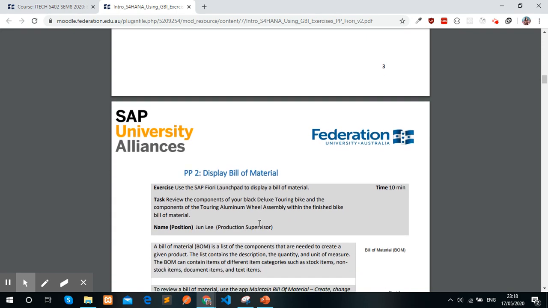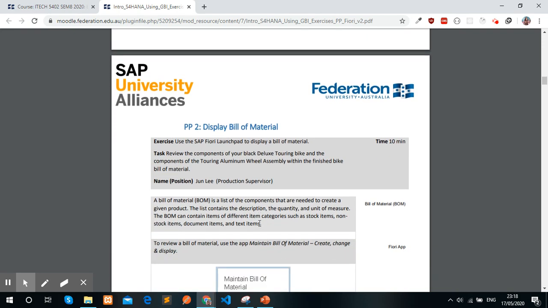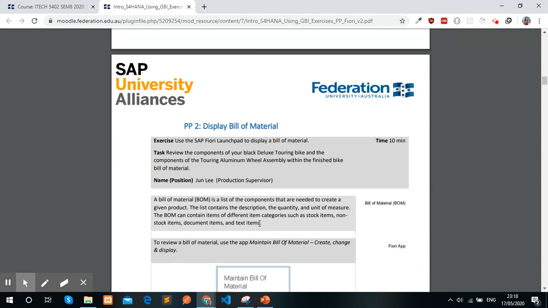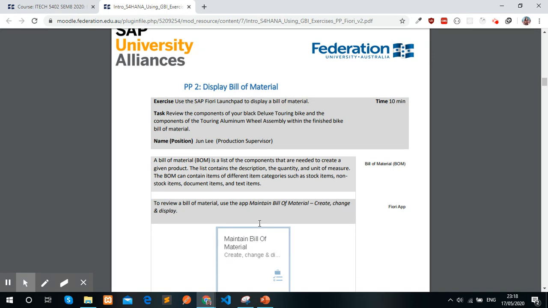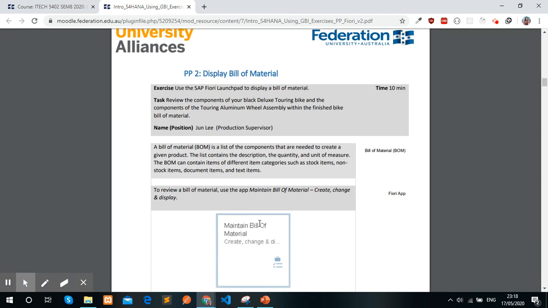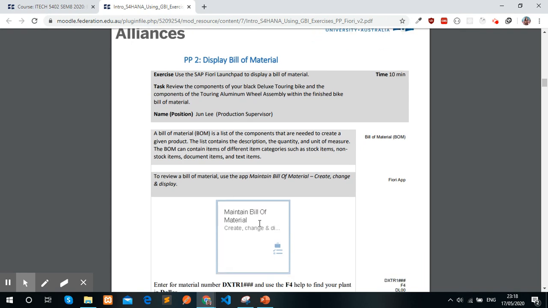Our second task was to display the bill of materials. It is the list of the components that are needed to create a given product, which helps us know the descriptions, quantity, and the unit of measures. For this procedure, we chose the Maintain Bill of Material app of SAP.